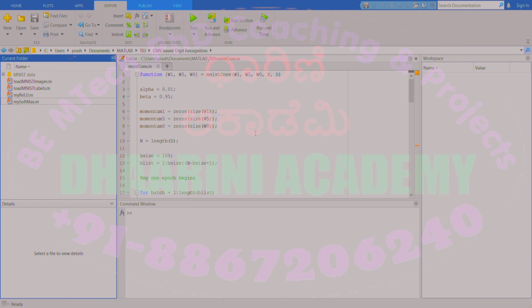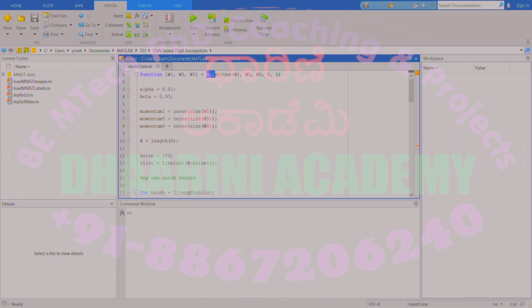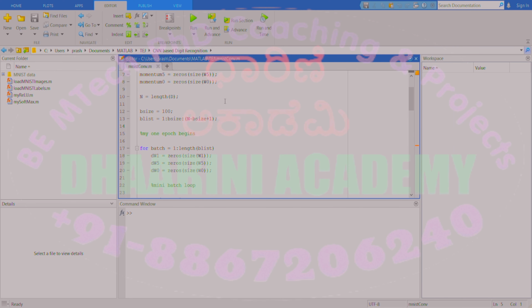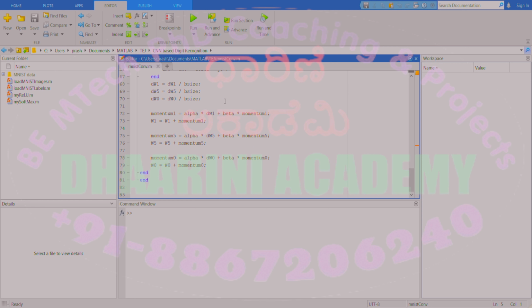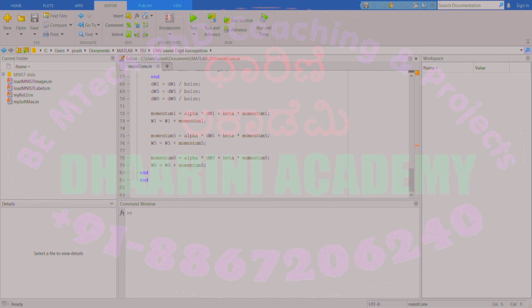And only for the training part, we wrote a function that's called by this name, MNIST conv, right? We want to build a convolutional network. Here you can see that we applied everything that we had studied so far to perform the training, and at the end we got the updated weights W1, W5 and W0. So in the next step we have to perform